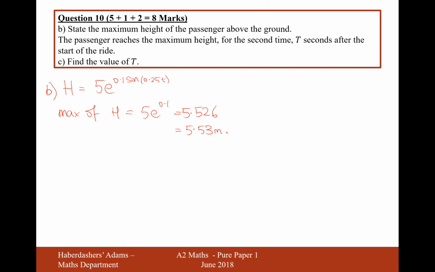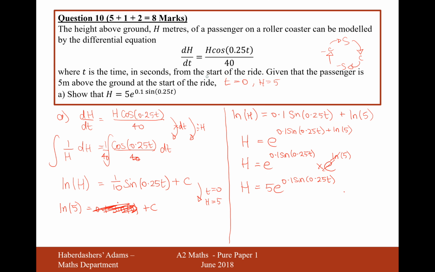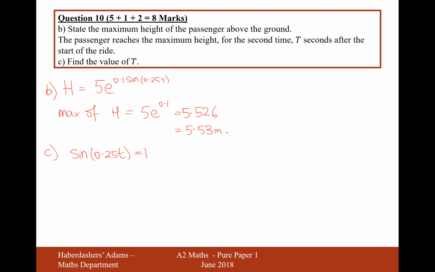Okay, so we want to find, when it's a maximum height, sine of 0.25t needs to equal 1, and we want to find the second solution of this. So is there a boundary for h? No. What we'll do is we'll say that t is in radians. You can only ever do differentiation and integration of sine and cos and tan when t is in radians, so it must be the case that t is in radians. So therefore